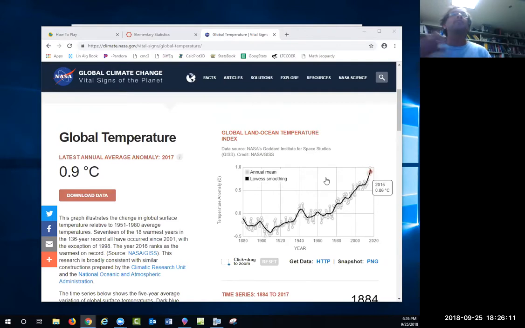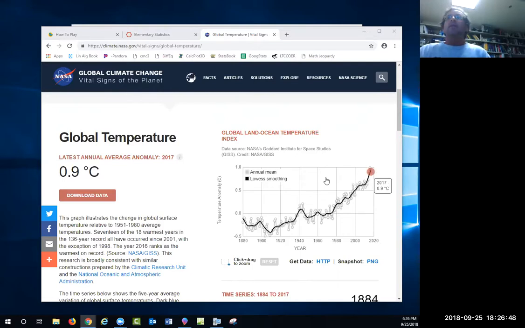By the way, that's what this class is all about, is to be able to calculate the probability, see the probability is low, and then say, yes, we have evidence. Or the probability is not that low and say, well, we don't have evidence. Do you see how that works? That's the purpose of probability. You're not going to necessarily see it much in this chapter, but I want to point that out because that's what we're doing in this entire course, not just this week. So let's calculate the probability that these 3 years are going to be the highest 3 years in 137 years.